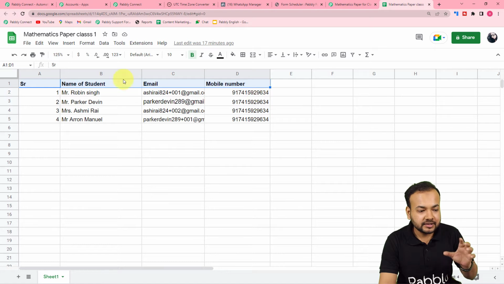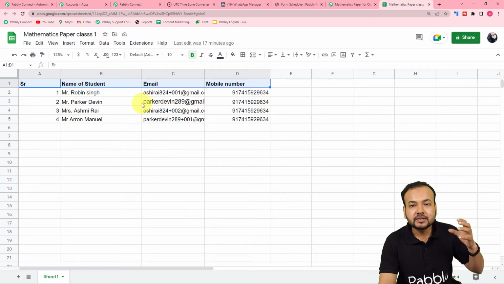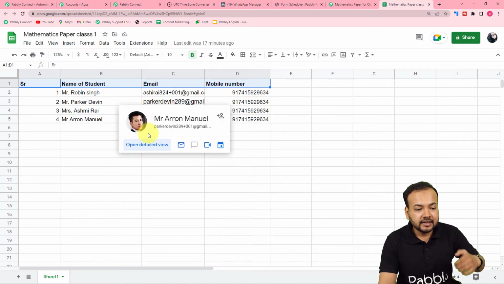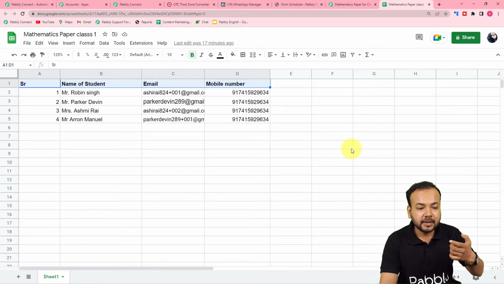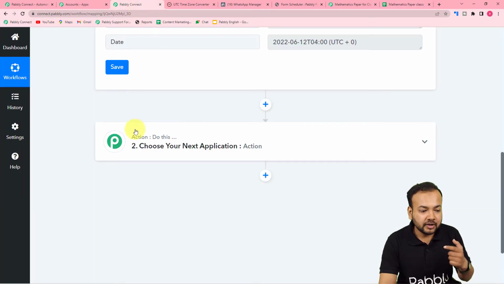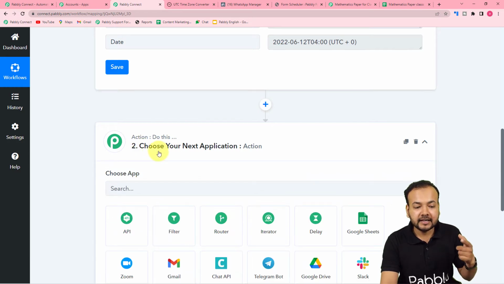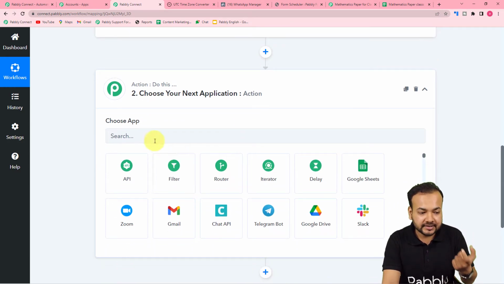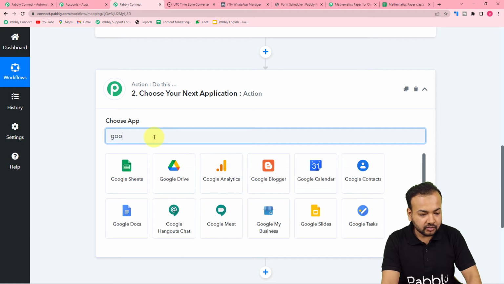All right, so these are the details of students I have collected. My workflow is going to capture the data of this spreadsheet and start sending the exam papers to these WhatsApp numbers one by one. For that to happen, you have to use this action step and connect your spreadsheet application in this action step. So here search for Google Sheets,